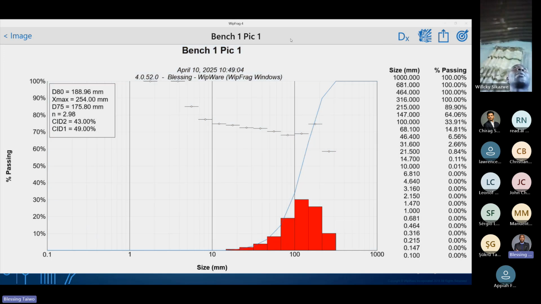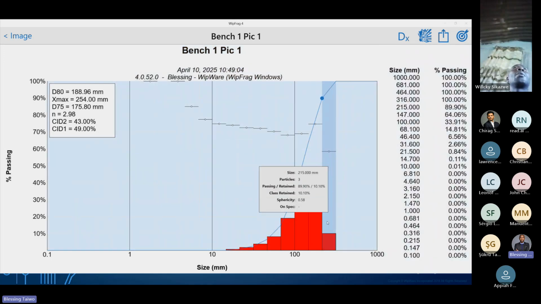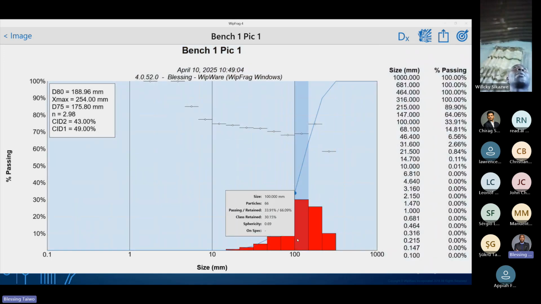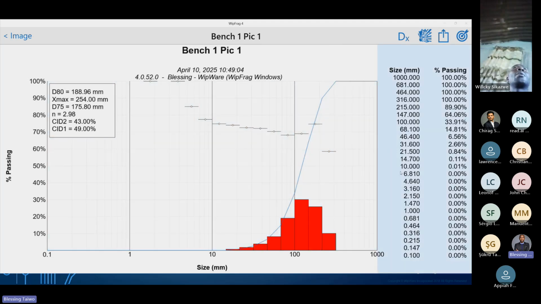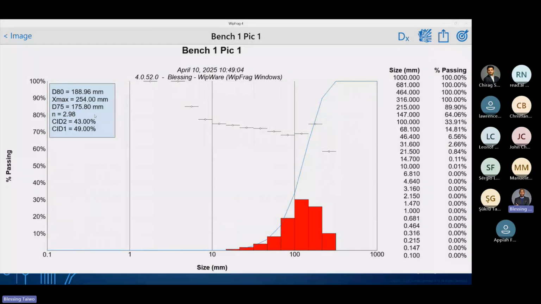As I've said, the chart, that is the report from the software, will give you information about the size distribution as a histogram, the size distribution as a curve, the size distribution in numerical order, and the size distribution as a summary. Talking about the summary, here on the summary box, we have 6 parameters. The first parameter here is the D80. You can have other parameters included, but here we can only have 6 at once.